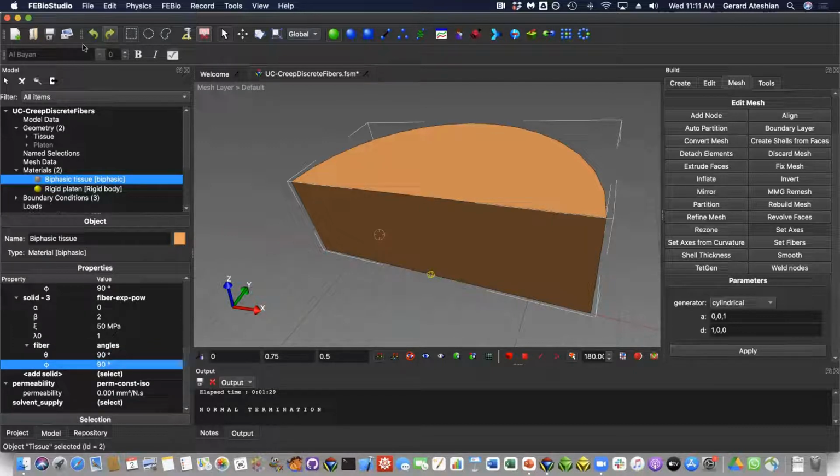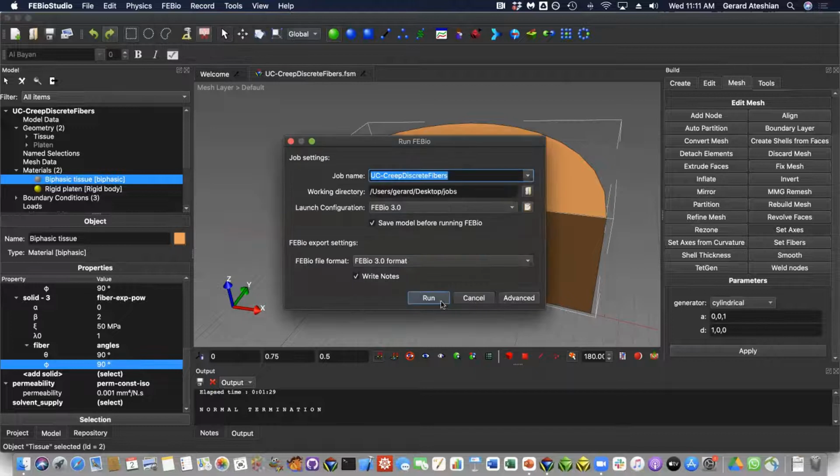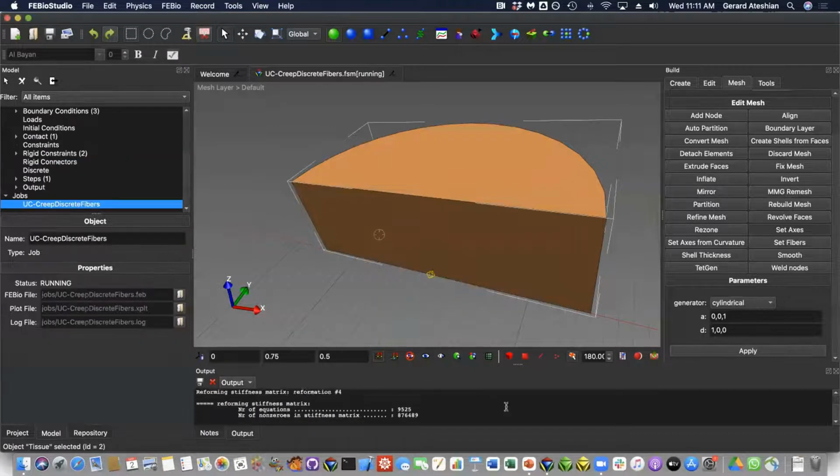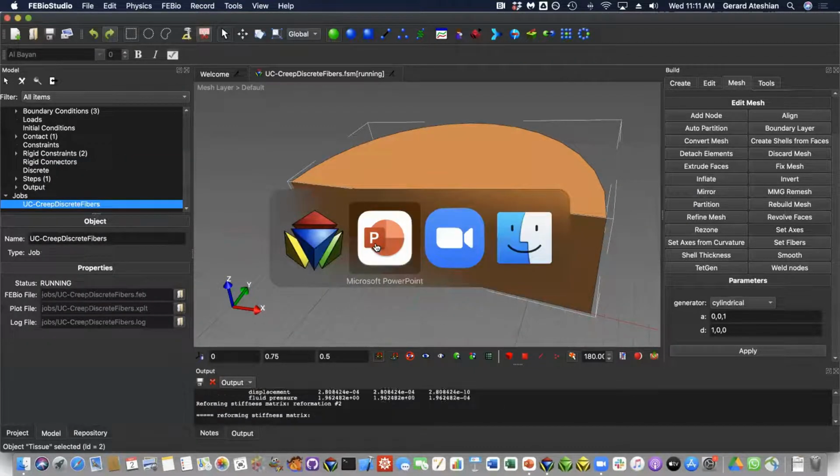So everything else is the same. This is very nice because it shows that, in fact, there's very little that we need to change to go from a non-fibrous solid matrix to a fibrous solid matrix. So in principle, I'm ready to run this analysis, and I'm going to run it again. But this one will take maybe a little bit longer, not a whole lot longer, because I added 2 fiber